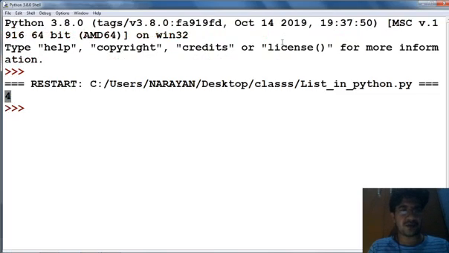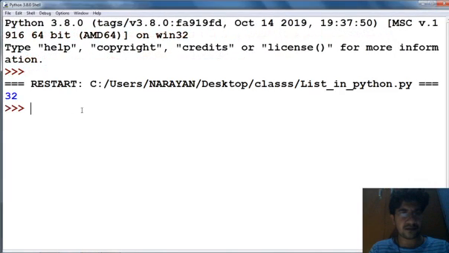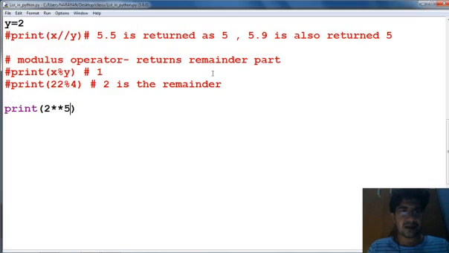See this is 4 because 2 to the power 2 is 4. If you have 2 to the power 5, this will return 32. That means this is 2 power 5, and the result will be 32.